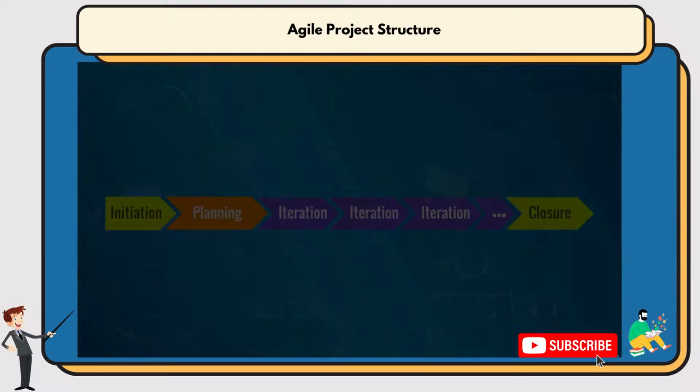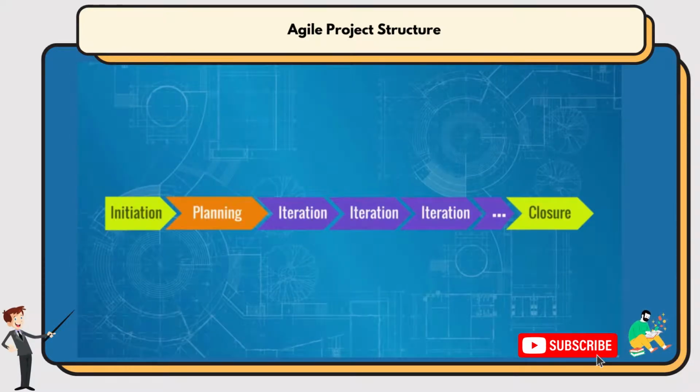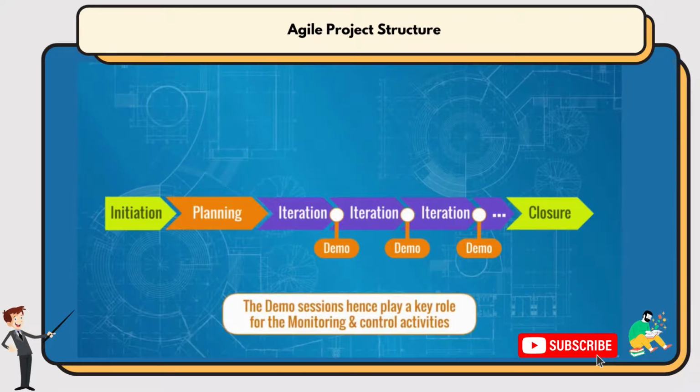So far so good, but how is the project work monitored and controlled? Well, after each iteration there is a meeting with the project team and the project client, a so-called demo session where the output or the specific piece created is reviewed. Here, we also have the critical control point to assess how the project is progressing. The demo sessions play a key role for the monitoring and control activities, which we have analysed as a separate